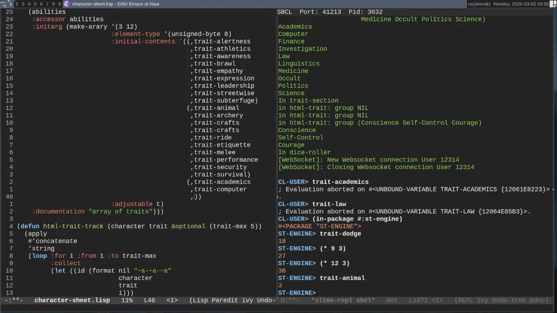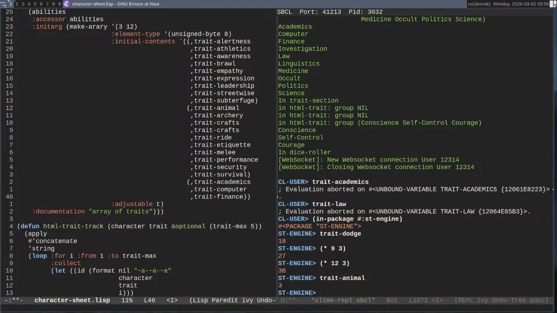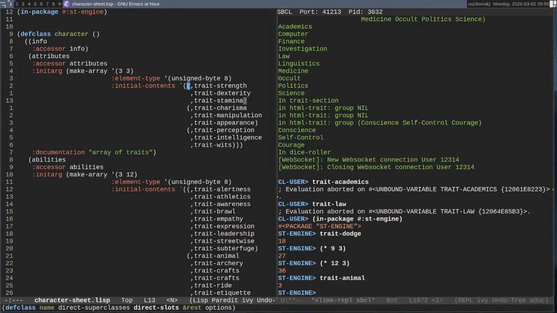Trait computer doesn't make sense. Finance. In fact, I'm not going to bother filling these out, but that will do the thing and create everything.